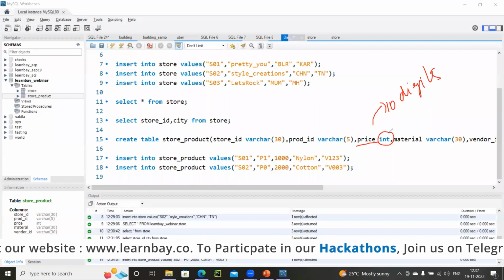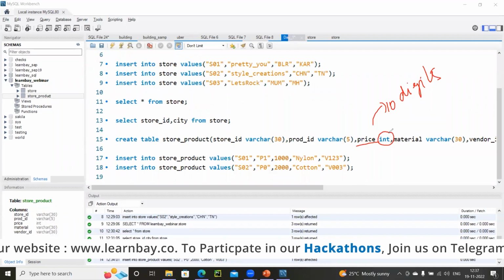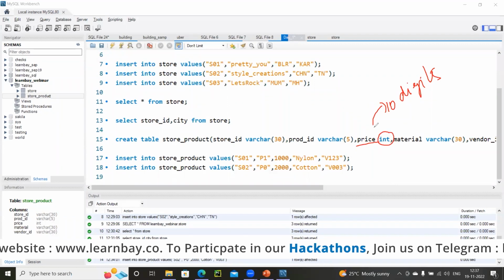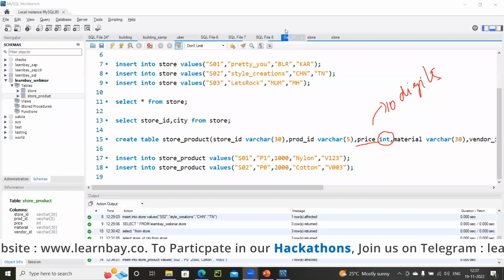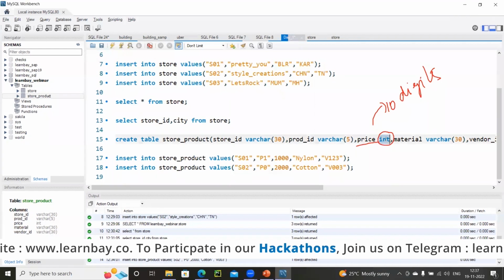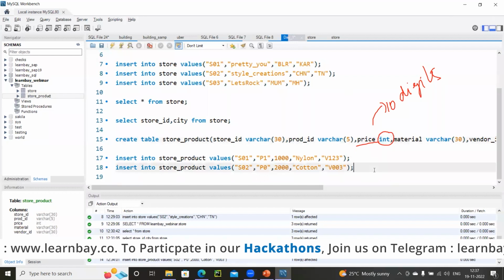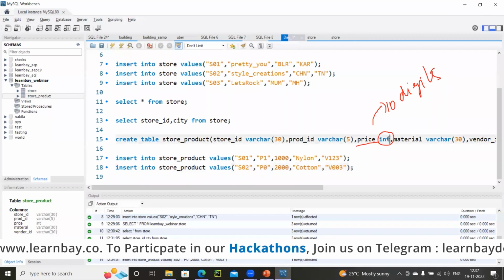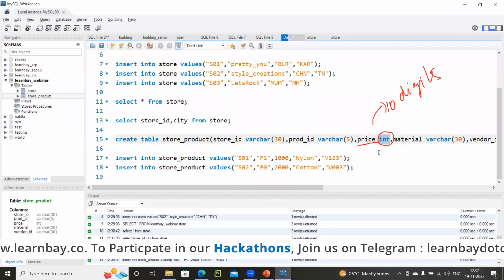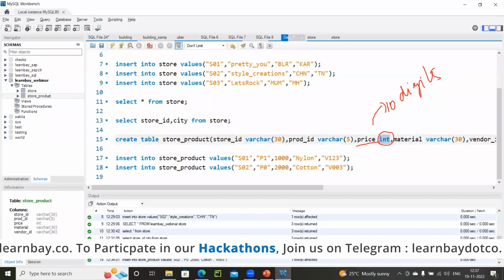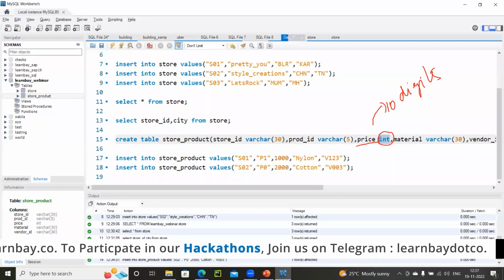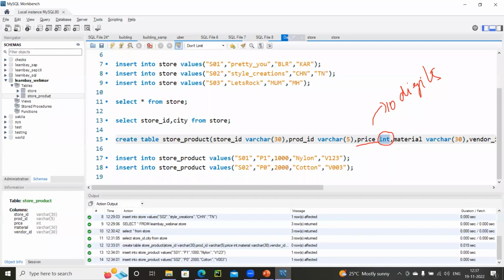Now, I want to have it as a big integer because some of my products would be really costly. So for that reason, I want to change the data type of int to big int. Now, will it come under a data change or a schema change? Changing this int to big int, will it be coming under a change in the data or change in the structure?